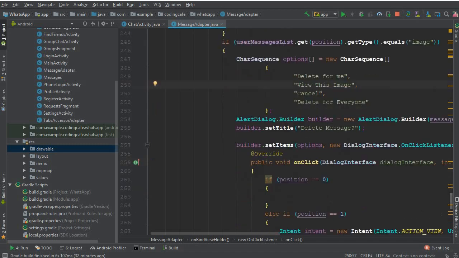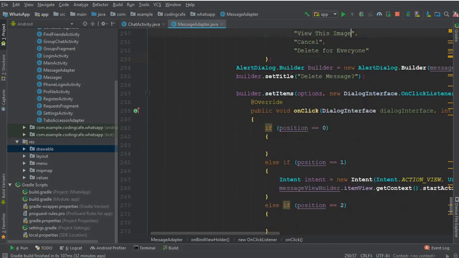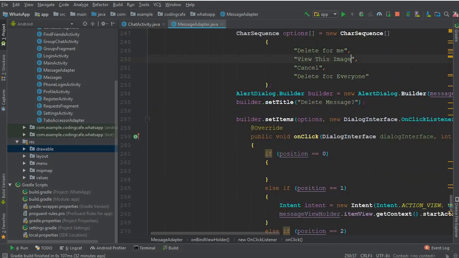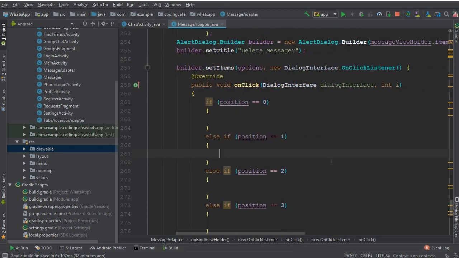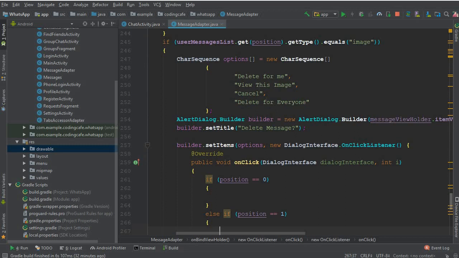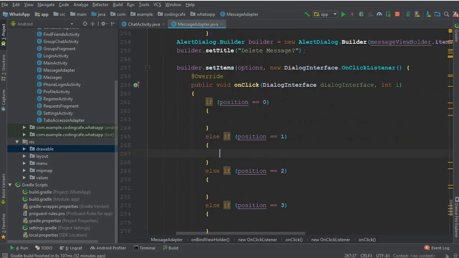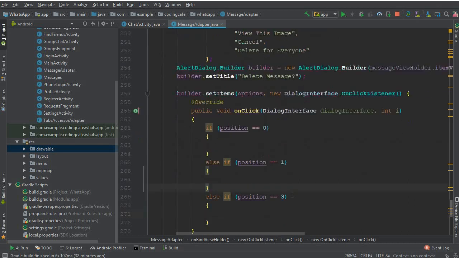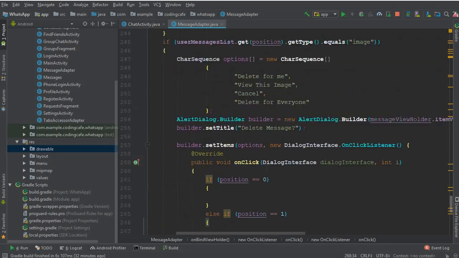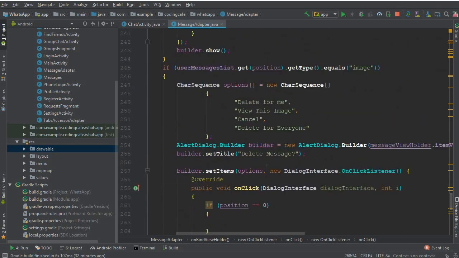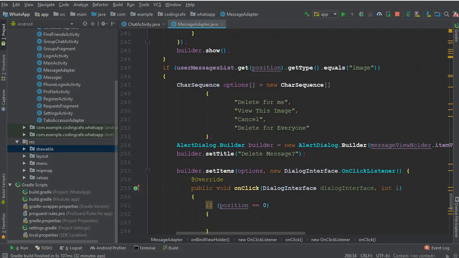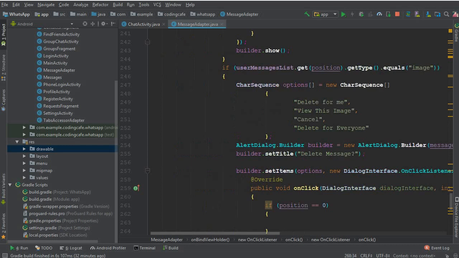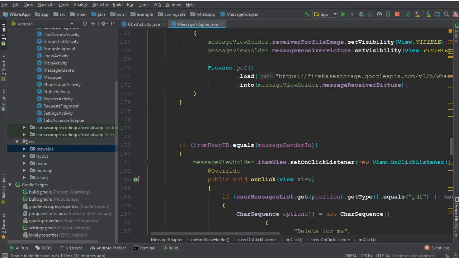So yeah, that's it. 0th delete for me, then 1, which is view this image. So we don't need this intent anymore for it. The second option, which is for the cancel, we don't need, and the third index, which is delete for everyone, we will just work on that. So everything is okay now. This is all for